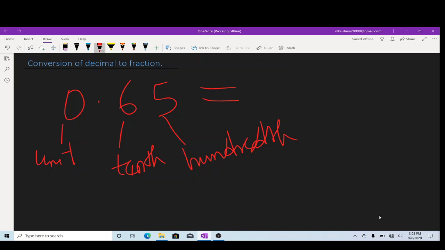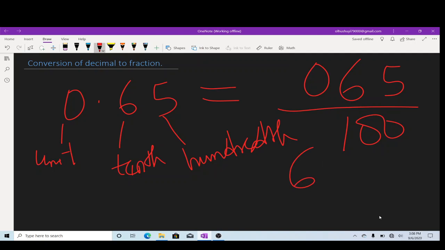So you consider the place value of the last digit, which is 5. What's the place value there? That is hundredths. That is over 100. So you just write all the numbers. That will be 0.65 upon 100. Don't forget, 0.65 is same thing as 65. This 0 at the back means nothing. It's not useful for anything. This 0 is not useful. So you have 65